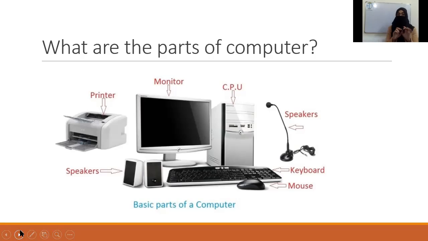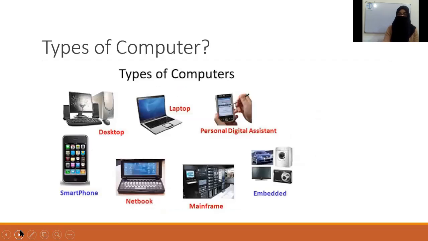Then to give input to the computer, two basic devices are the mouse and the keyboard. The mouse plays a very important role in doing all of the functions, and we use the keyboard for typing things, right? And then there is the printer, which we use to take printouts, because now we are using this virtual mode of learning. All of the other people in the world, especially in this corona time, are very much dependent on this virtual mode, on the internet, on computers, on laptops. So we use this device to take printouts of things. Okay, so let's move forward.